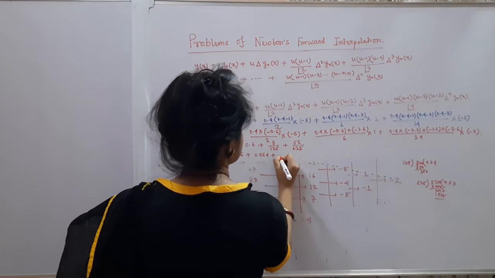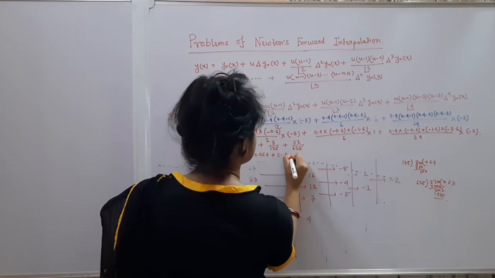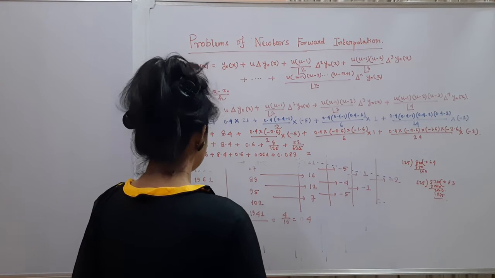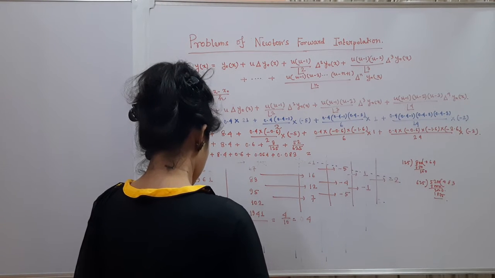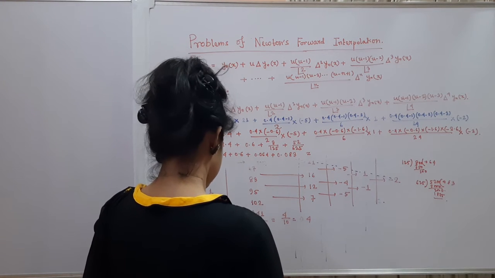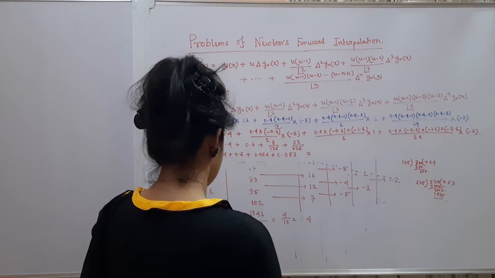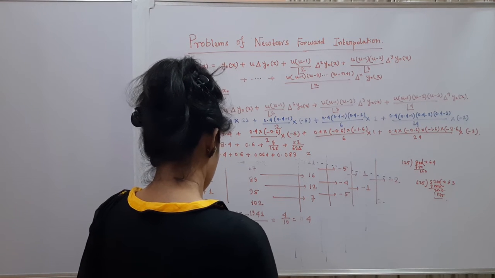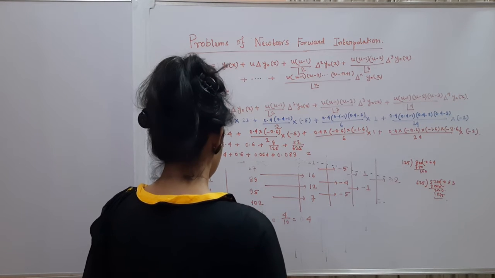So this is 0.083. Okay, now adding all this, 46 plus 8.4 plus 0.6 plus 0.064 plus 0.083, okay, that is